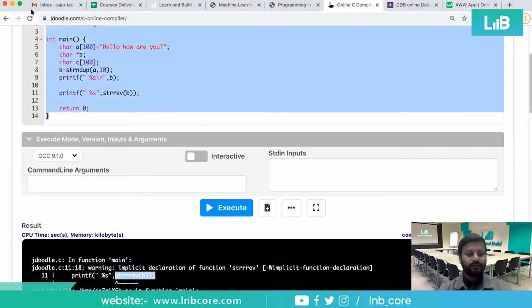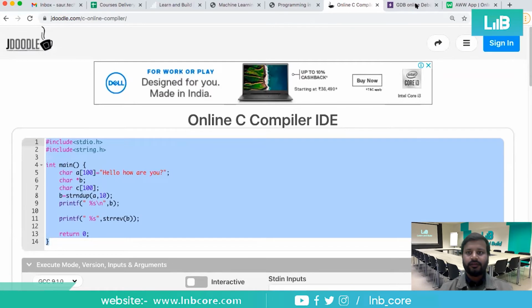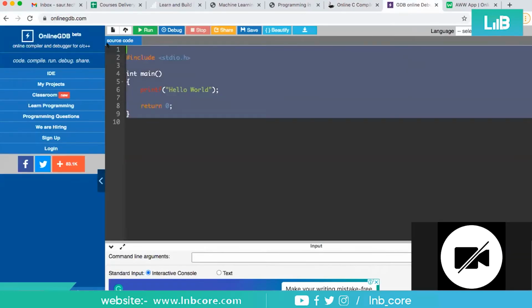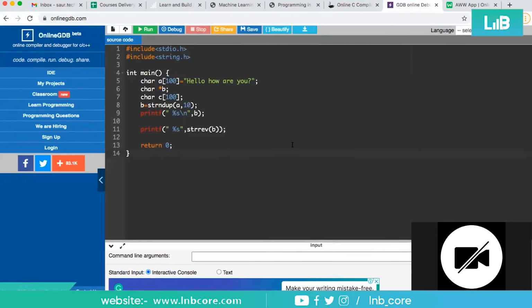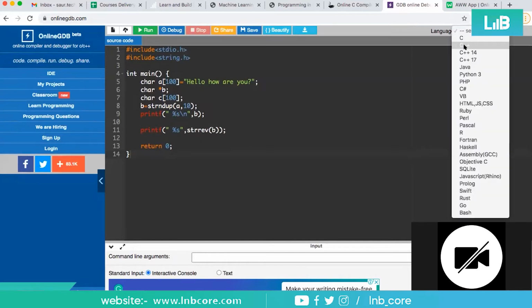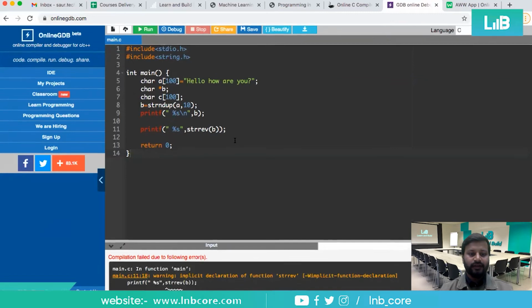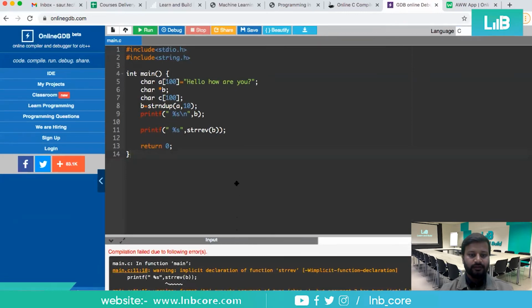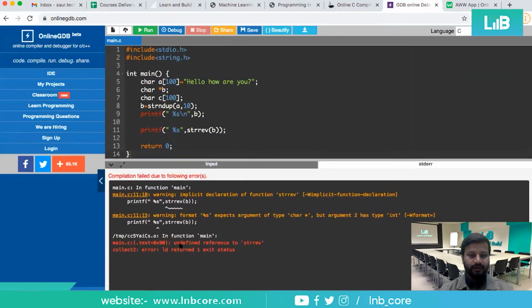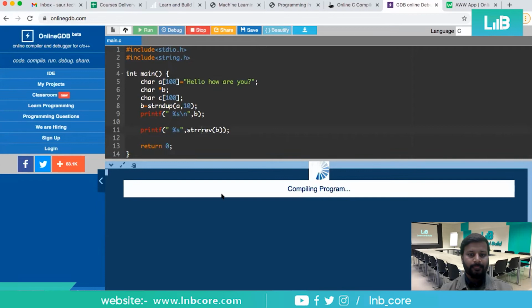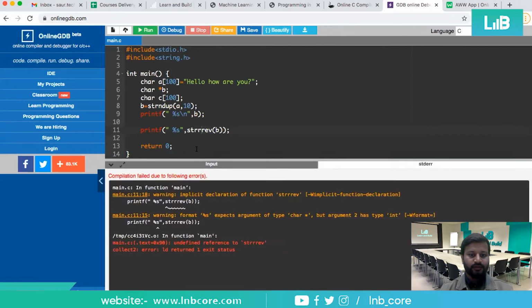So let me copy this. And see, sometimes the compiler also gives problems, right? Correct, it happens. Compiler, see if your logics are correct. See here the warning is coming up. The same error is also coming up: undefined reference to strrev. Same issue with this as well.